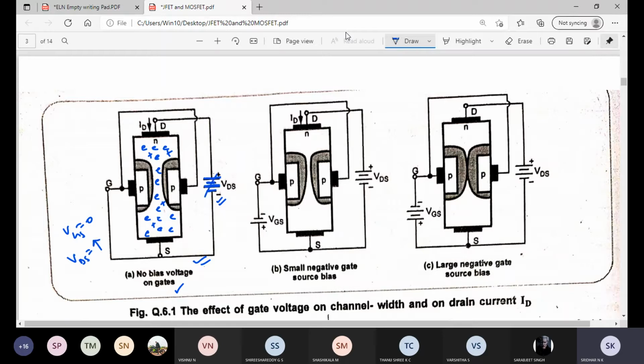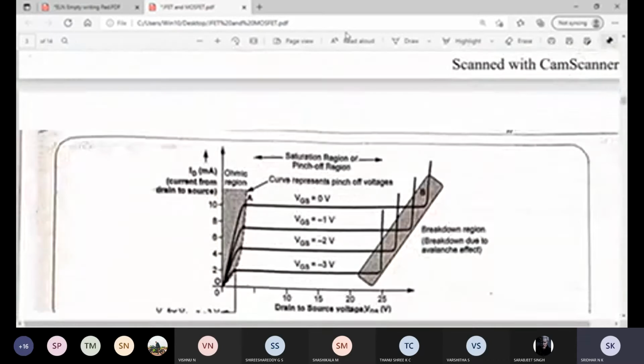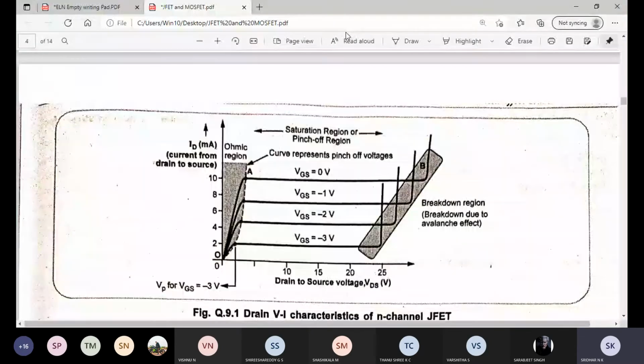Okay, so this is variable in steps. That means I am varying this from 0 to 25 volts. Now for this, how do the VI characteristics look? Let us see that. If you see the VI characteristics of this, it looks in this way. This is the VI characteristics of